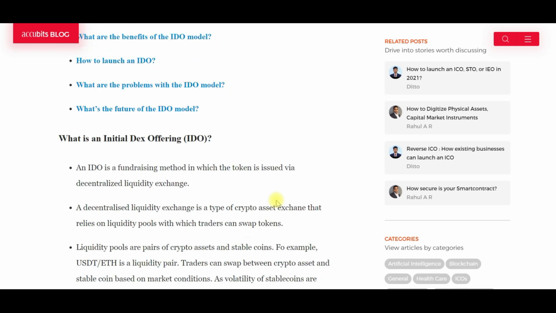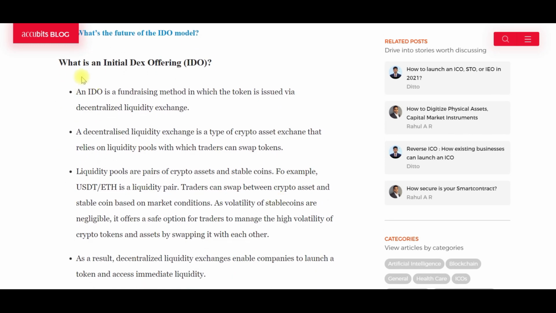So let's go into what an IDO is. What is an initial DEX offering? Remember we had an ICO, where a project can build a website and tell you we are going to give you our tokens, but you have to buy them. It's cheap. When you pay on our website, we give you the equivalent amount in dollars in our tokens. The website itself is logging all the transactions, so they know all of them and give an equivalent amount of tokens to each person. Just bear that in mind.